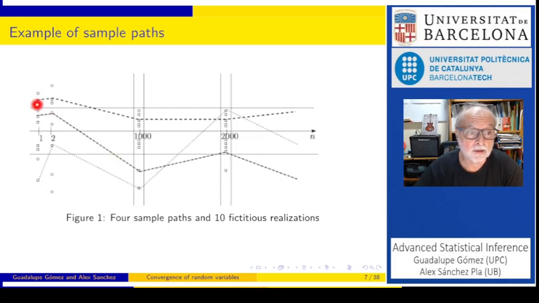For instance, we have here 10 dots which represent 10 elementary observations, and the values at each point should be the values of x1 of omega 1, x1 of omega 2 until x1 of omega 10, and then x2 of omega 1, x2 of omega 2, and so on. So if we follow the same omega along n, or we could say along time, we have the sample path. This is a good way to visualize what happens when we consider the evolution of a sequence of random variables.